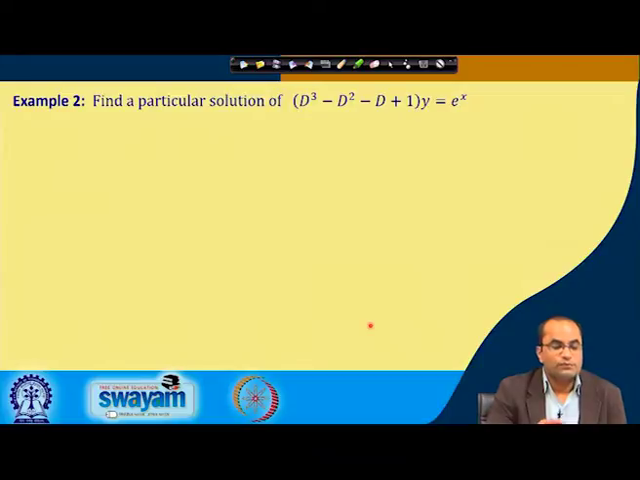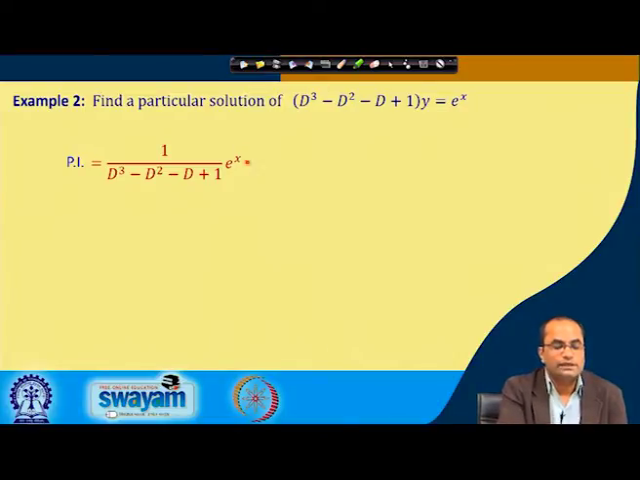In the next problem, we will find just a particular solution of this differential equation. The particular solution will be 1 over this inverse operator, e power x. If we substitute here, because the coefficient of this x is 1, we need to just replace it: 1 minus 1 plus 1. This is coming to be 0, which means we cannot apply it here; there is a factor d minus 1